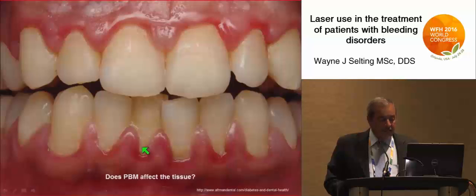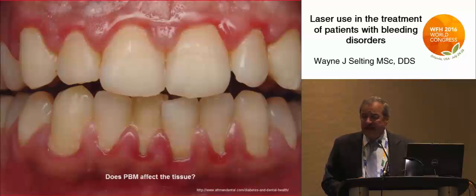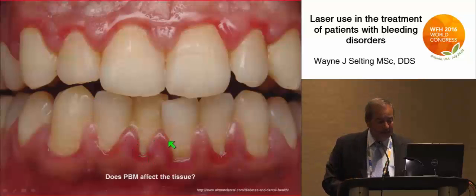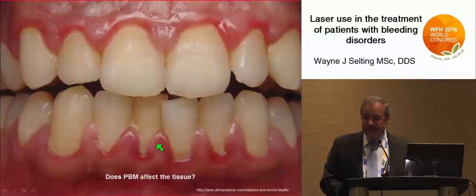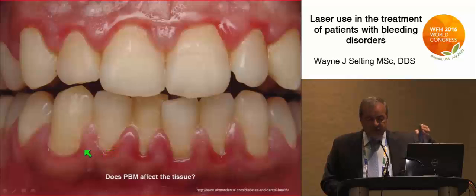If this is your patient and you stick a periodontal probe in here, will this bleed? Absolutely. It doesn't matter if they have hemophilia or not. With hemophilia, they won't stop bleeding, but they're all going to bleed because that's what gingivitis is. This tissue is broken down inside here, and anything you do will cause bleeding. If you used Lochner's protocol on this tissue and then go in and clean, you will have